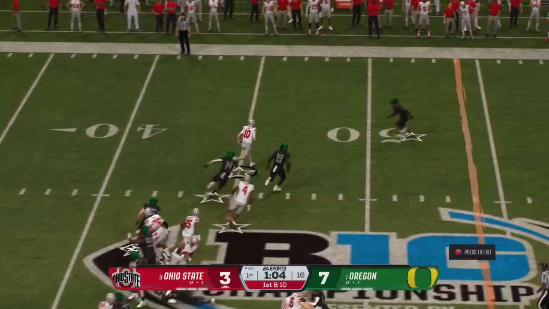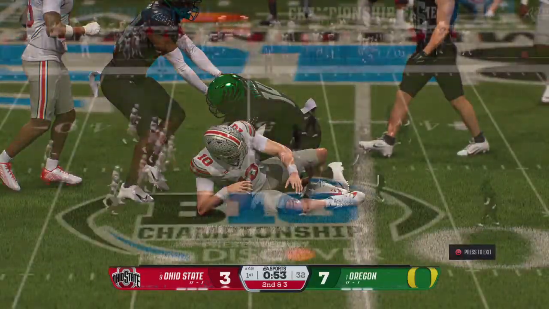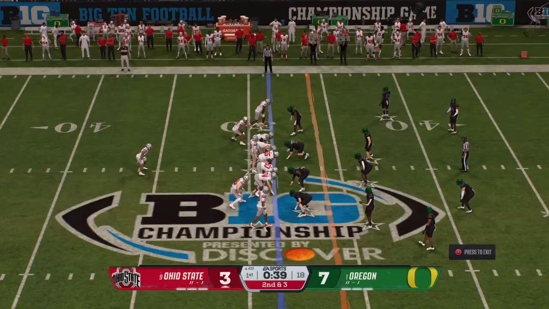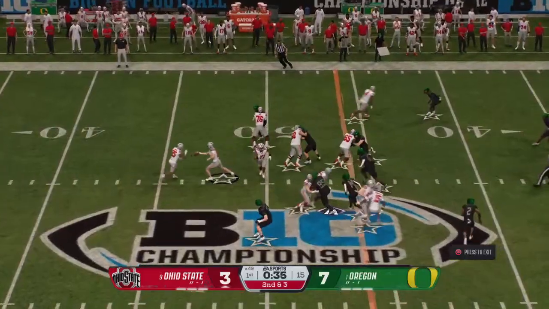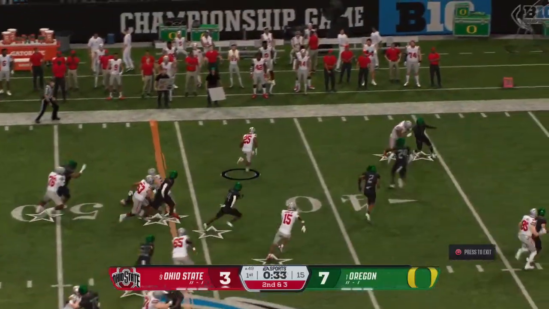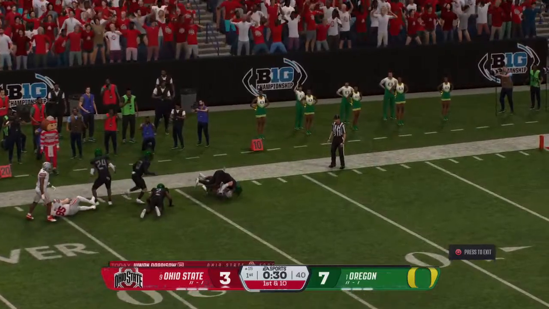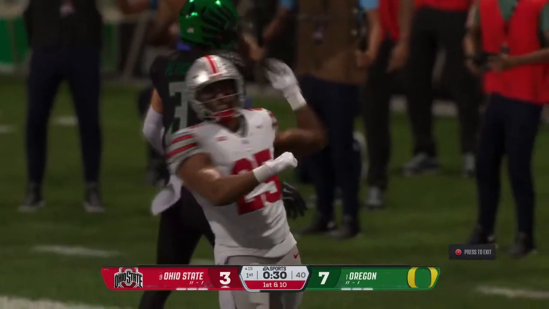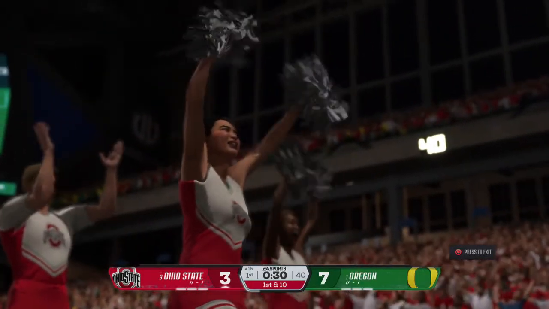It's a quarterback keeper. Oh, look at the quick cut. Well, if there's a silver lining for the defense, at least this quarterback didn't get out and gash him for a first down. But now they've got options coming up here. I wouldn't be surprised to see if they go back to him again. Breaking free at the 35. They bring him down, but a big chunk of yardage on the play. They trust the left side of that offensive line and come up with a huge play on the ground.